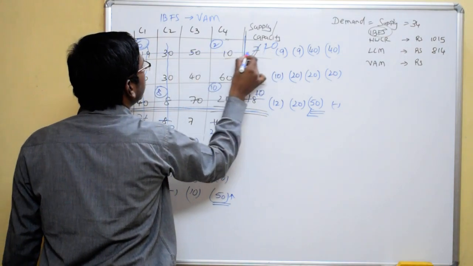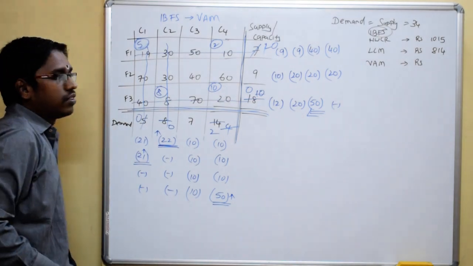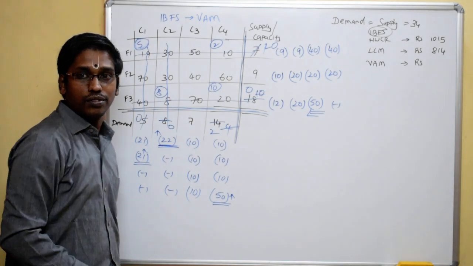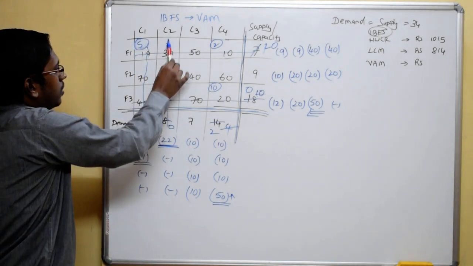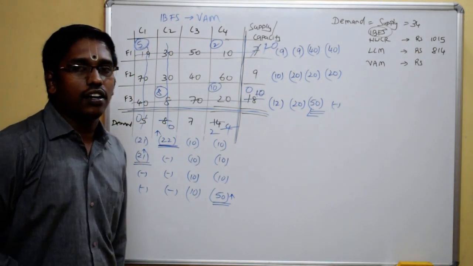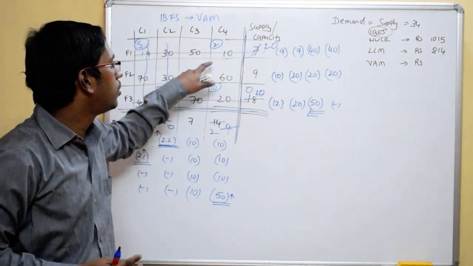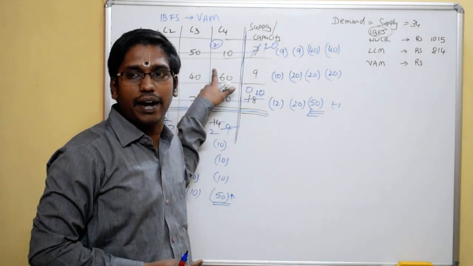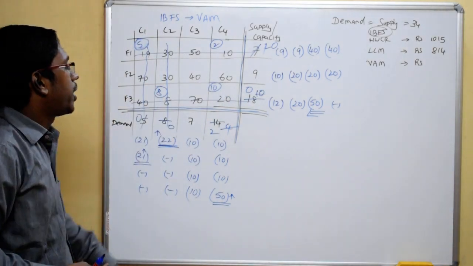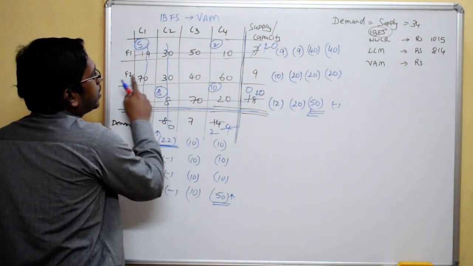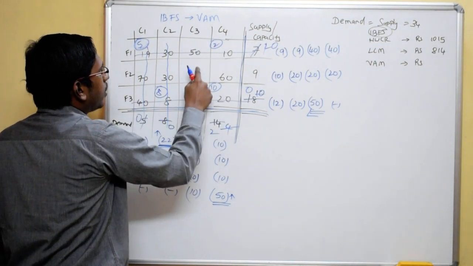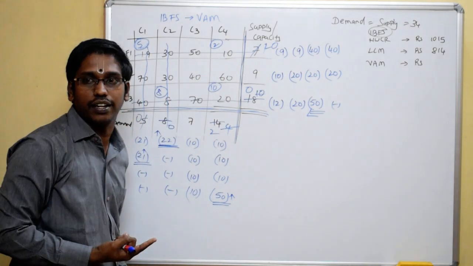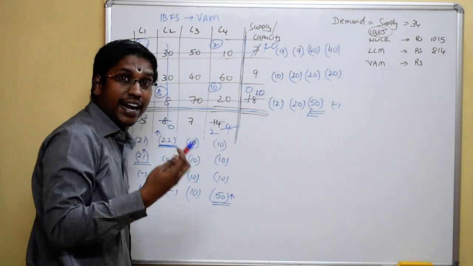So I cancel this. Now ध्यान से देखो, the first row is gone, the last row is gone, the first column is gone, second column is gone. Essentially, now we are left with only 2 cells. जब ऐसा condition आ गया, wherein there is no cost to be compared, the final step what we can do is, look, this factory's capacity is 9. Here this customer wants 7. Here this customer wants 2. 7 plus 2 is 9. So the last step what we will do is direct allocation.